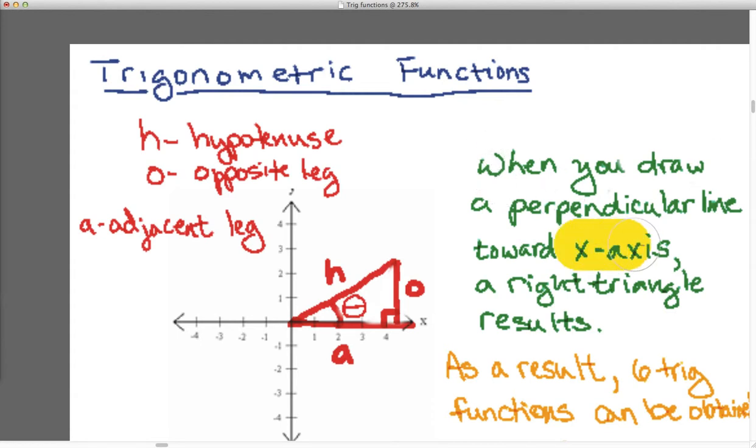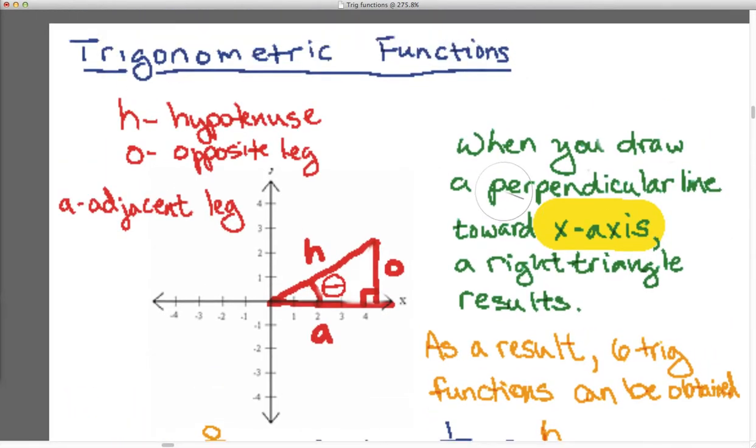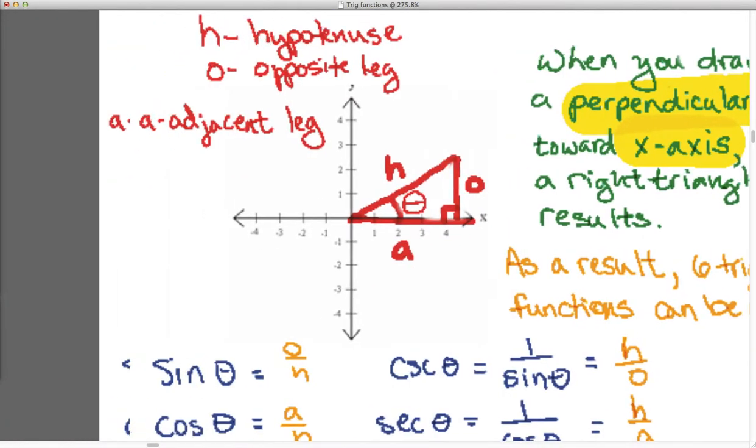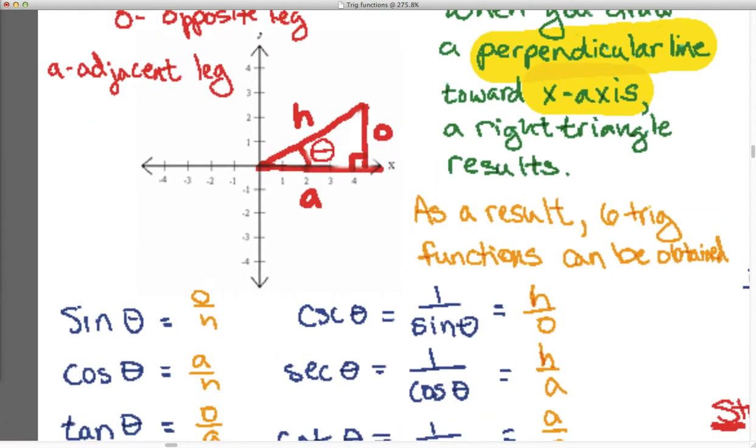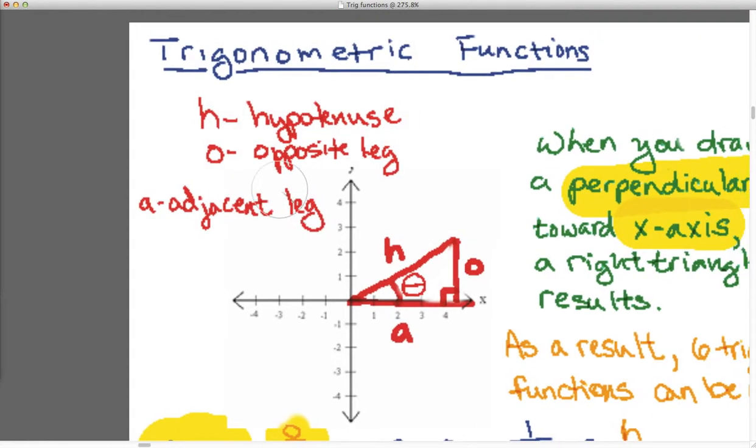So whenever you drop a line to the x-axis, you get a right triangle. Okay, making sure that it's a perpendicular line, and as a result you can get 6 trig functions. There's sine, which is the opposite leg over the hypotenuse. I guess I didn't go over the 3 definitions. The hypotenuse is this main leg here,